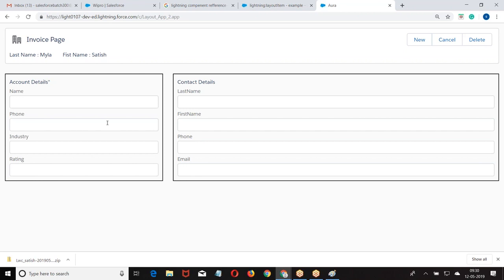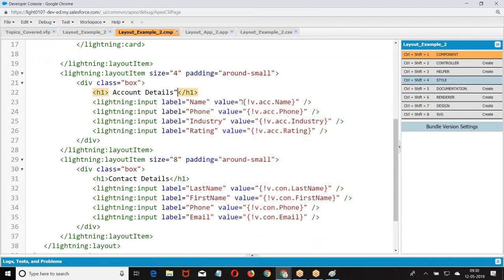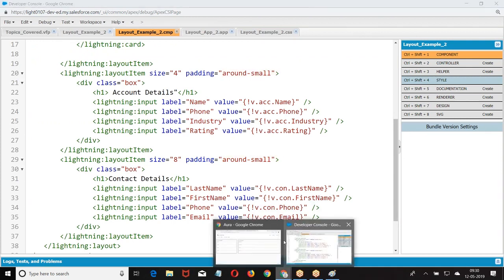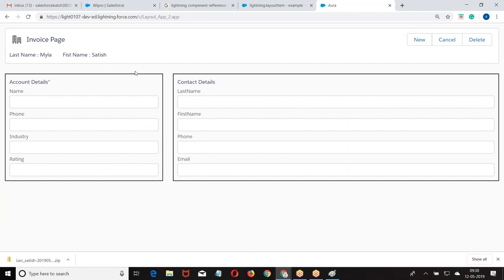Satish, we are getting a gap between this account details box and contact details box because of putting that padding. Exactly. When you say padding small, it means between these elements, between every layout item, you define a small space of 3 or 4. That is the meaning. Got it, Amma? Okay, okay, Satish. Is that clear for everyone? Okay.